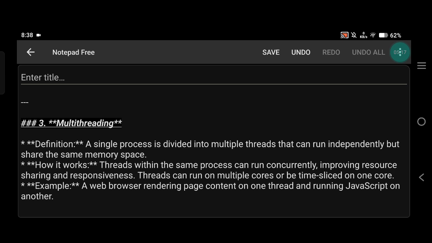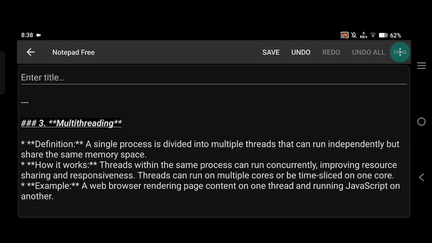All these threads run independently but can communicate easily since they share data. They can run concurrently on multiple CPU cores or switch rapidly on a single core.